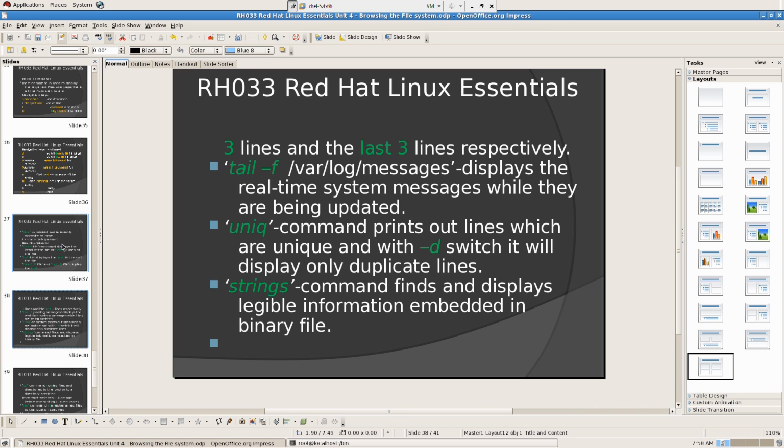So I would recommend you to use the less command when you have bigger, very lengthy files. It takes very little time, but compared to the kind of hardware or machines that we have today, it doesn't matter anyway. So when it comes to text files,